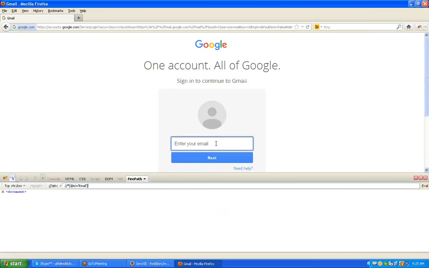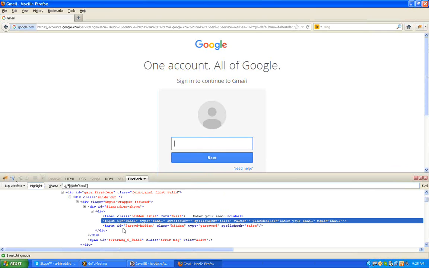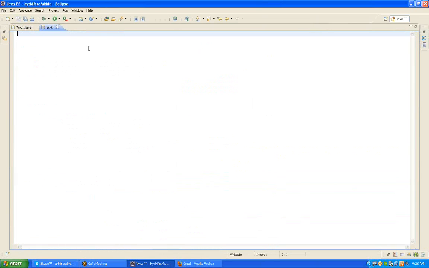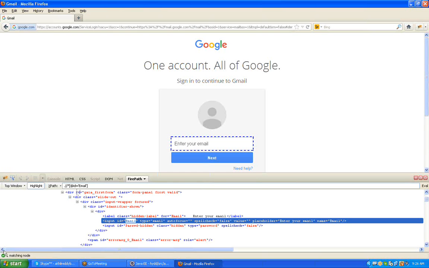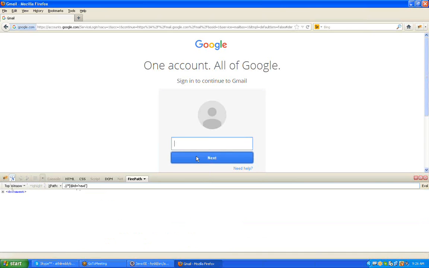I want to get the username property. After selecting here we can get the ID property. Okay, email. Only copy the property only, not the double colons. Now go to the property file and give the name, username un equal to, and the next one, the next button, equal to. pwd, password equal to. Next, the ID only, and the next property.